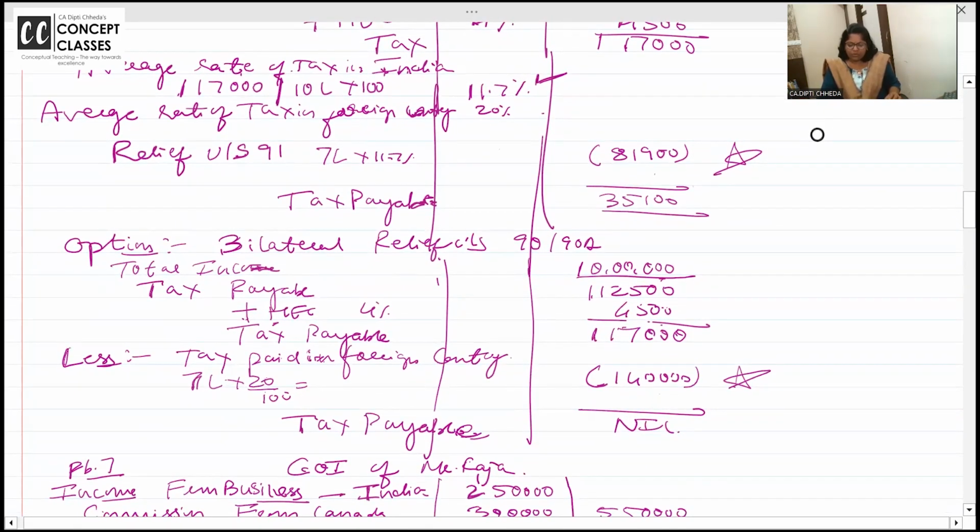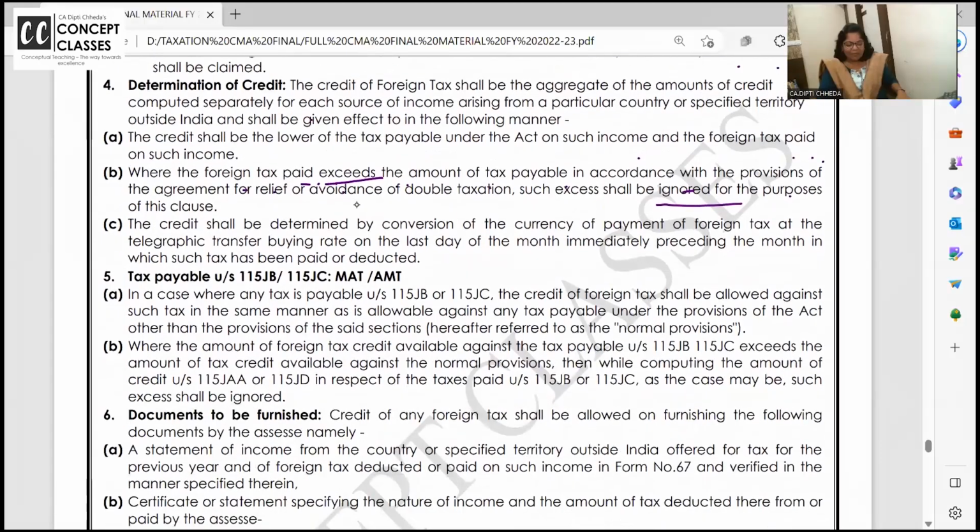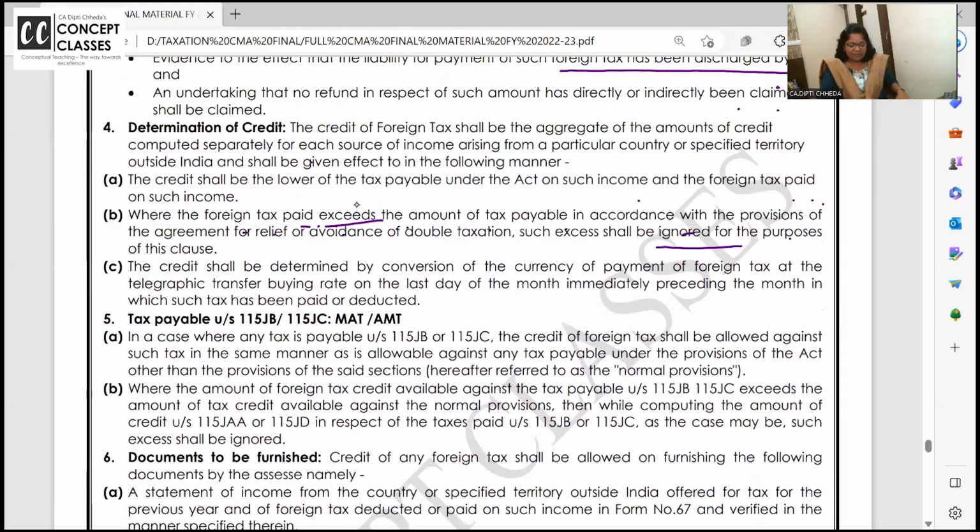सेकेंड पार्ट ऑप्शन 2. ये देखो, डायरेक्टली बायलैटरल रिलीफ है तो my tax payable is 1,17,000. How much tax I have paid in foreign country? 140. Ma'am, can I get a refund of the foreign tax? No. Foreign tax credit, use it till 1,17,000. Make your tax payable nil and remaining will lapse. ठीक है? Are you all following what I am explaining? ये देखो,